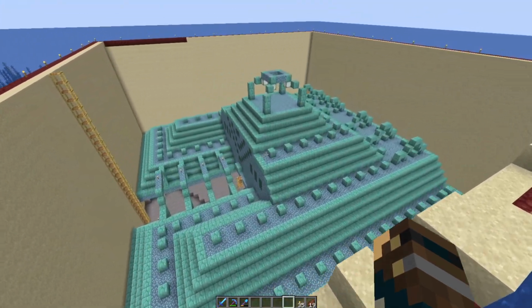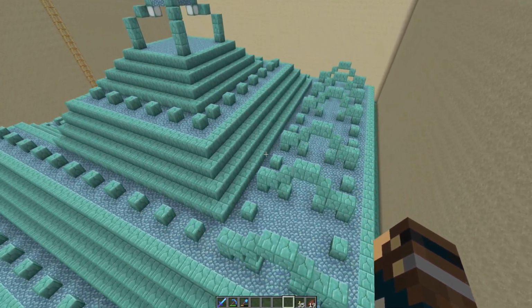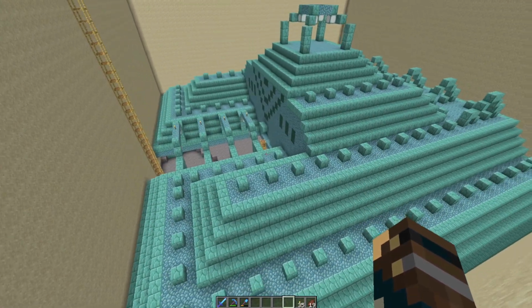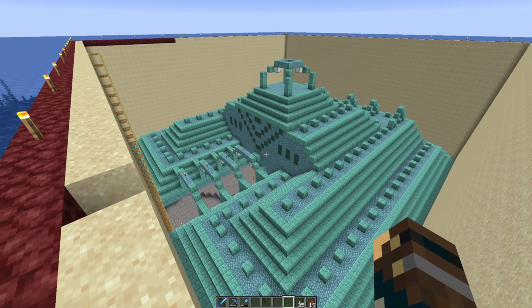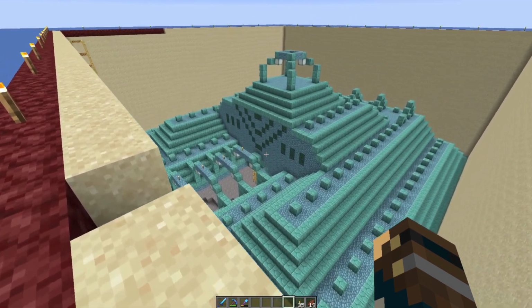And here is an ocean monument that's been drained both inside and outside. I've patched up the holes on the outside where I went in, both the top and on both the sides, and I've lit up the inside pretty well, maybe not perfectly, but now this thing should be ready for me to convert into